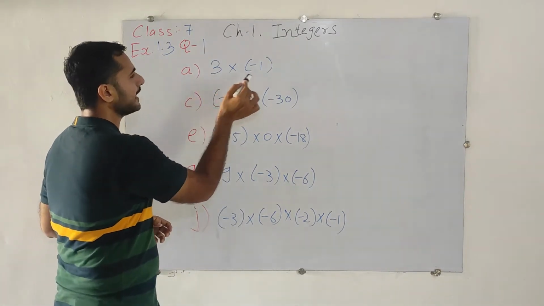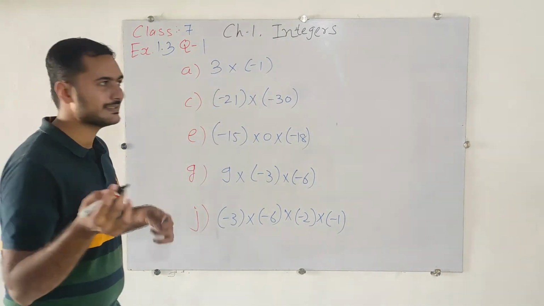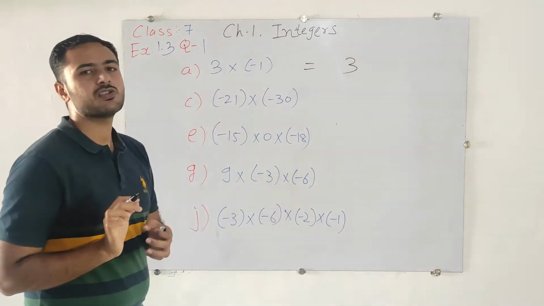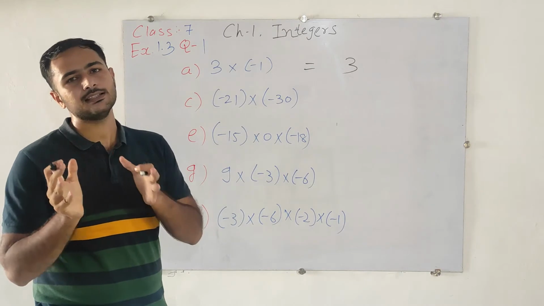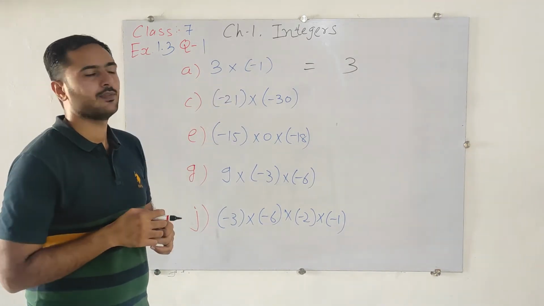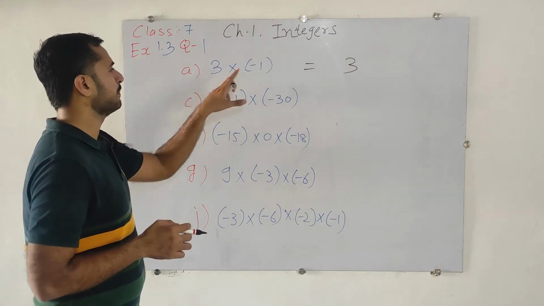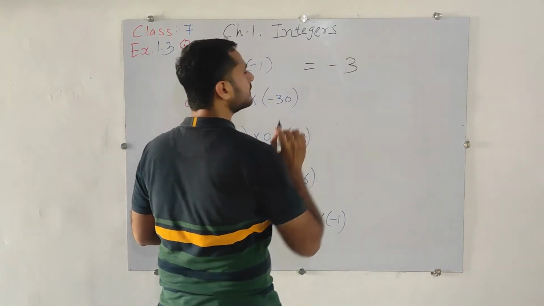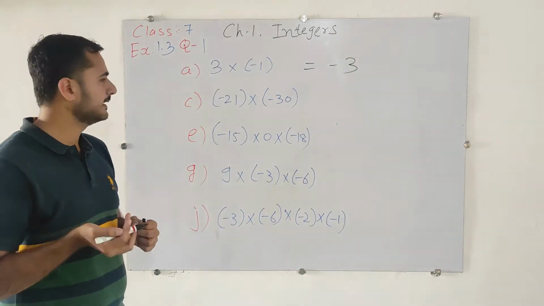Here the first one is 3 into 1. 3 ones are, that's really very easy, 3 ones are 3. But in the multiplication, we need to identify the signs of both the numbers, and we will use the sign chart. Here that's plus, here is minus. Plus, minus, minus, it means we will put a negative sign in the answer. Like that.